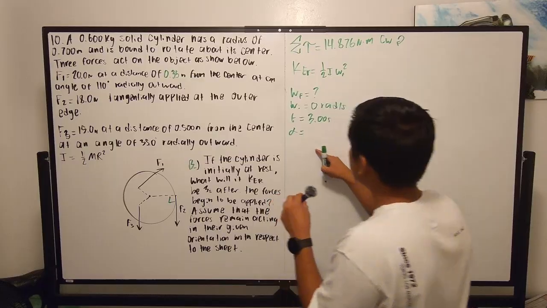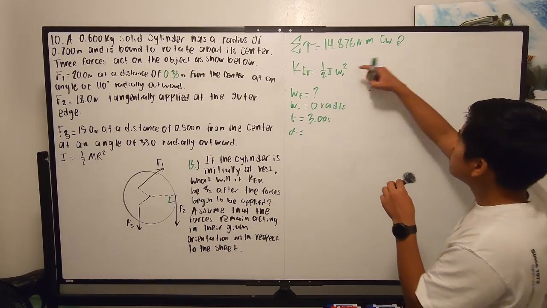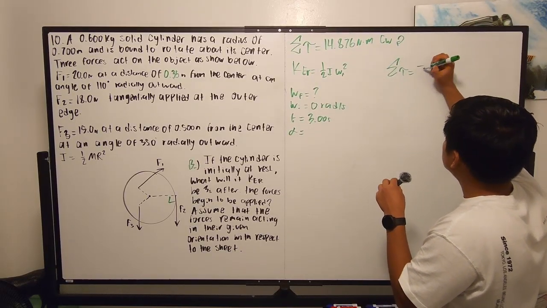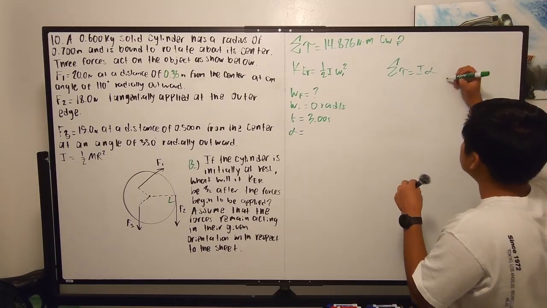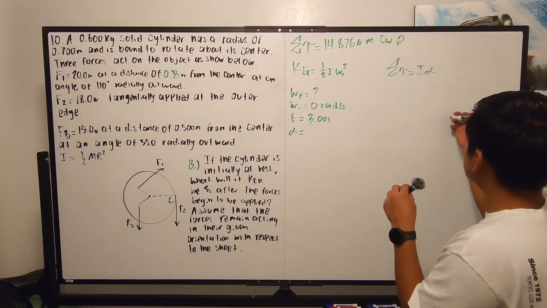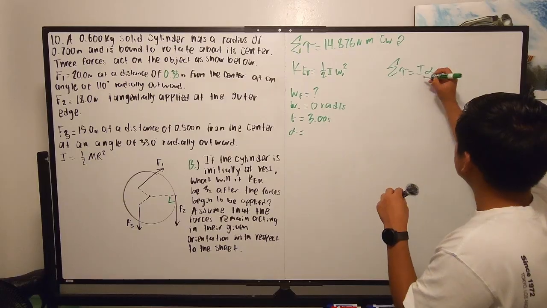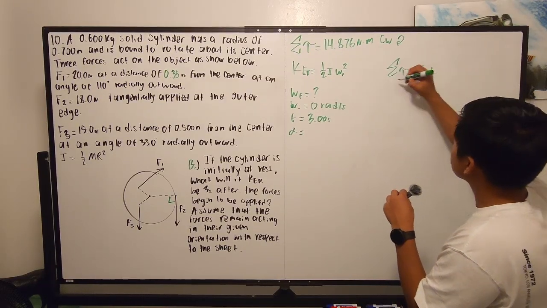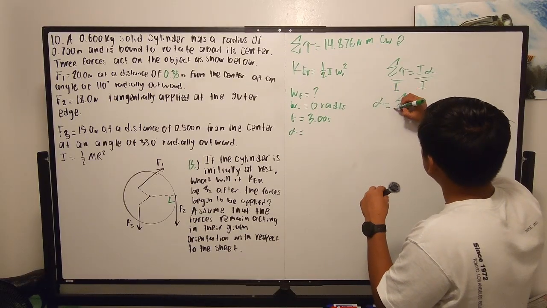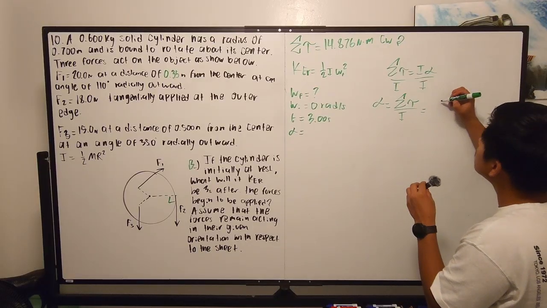We don't have alpha, the rotational acceleration, but we can find it because we know the net torque. Another way to write the net torque is that the net torque is equal to I multiplied by alpha, where I is the moment of inertia and alpha is the rotational acceleration. We know I, we know the net torque, so let's isolate for alpha by dividing by I. So alpha is equal to the net torque over the moment of inertia,